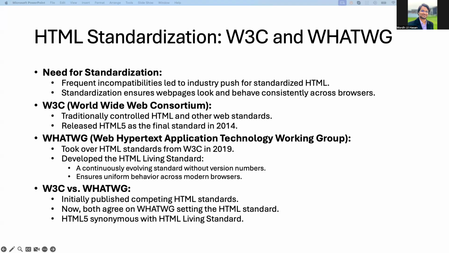To address these issues, the industry recognized the need for standard HTML and other technologies. Standardization ensures that web pages look and function consistently across all browsers. By following the same set of guidelines, developers can create a more uniform and predictable web experience no matter which browser a user chooses. So, W3C, or World Wide Web Consortium,